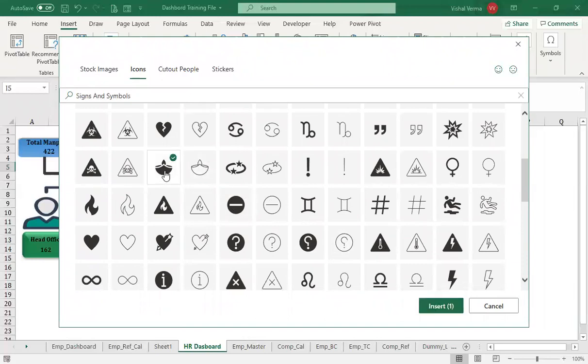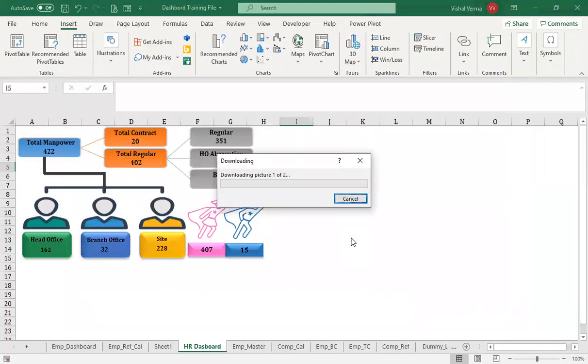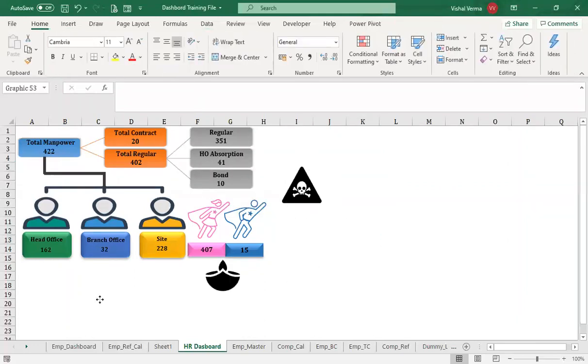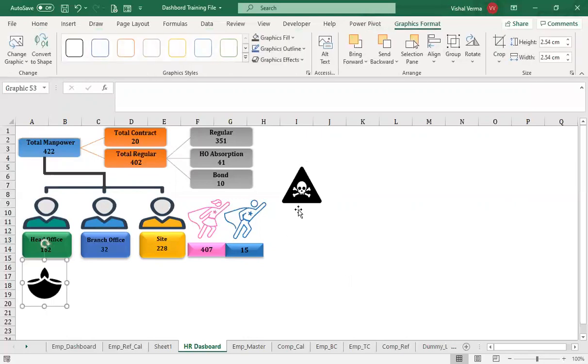So just randomly taking two pictures here. We'll be celebrating the joining, and there will be a leaving kind of thing. So let's insert it. Let's hope it gets inserted. So we have people who have joined and people who have left. Let's make this one green in color and this one red in color.